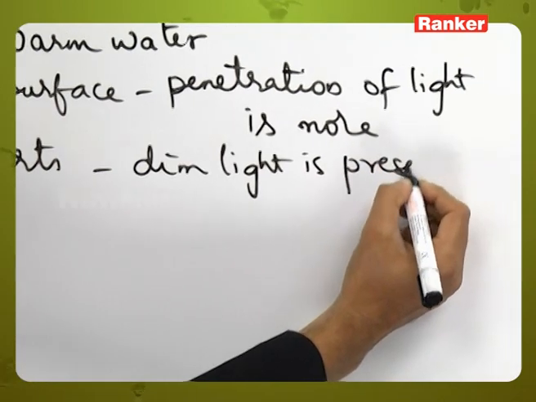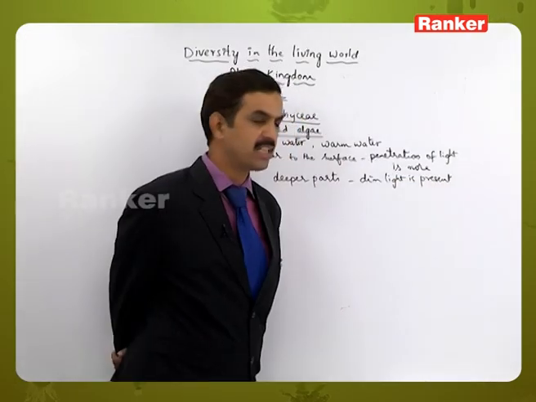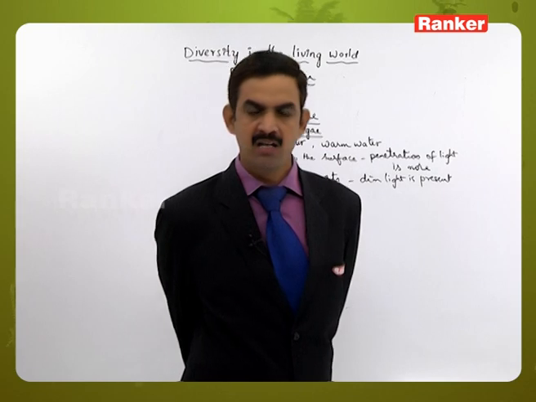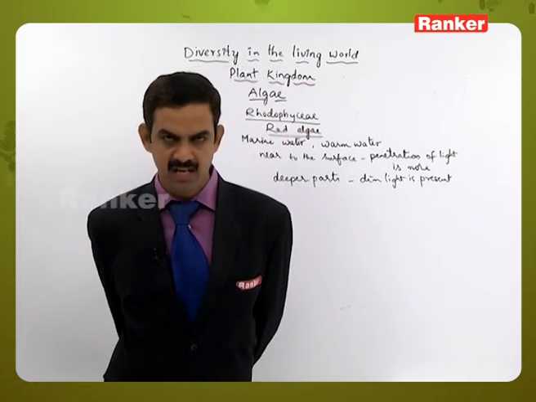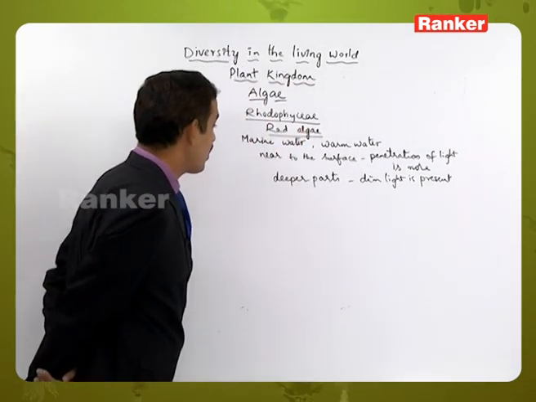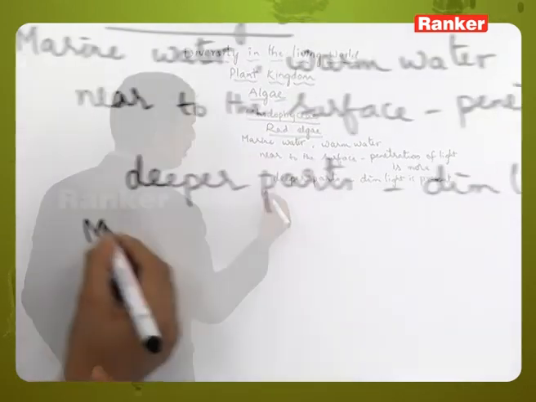That means they can perform photosynthesis both in high light intensity areas and in dim light areas. And these Rhodophyceae members are multicellular in nature,